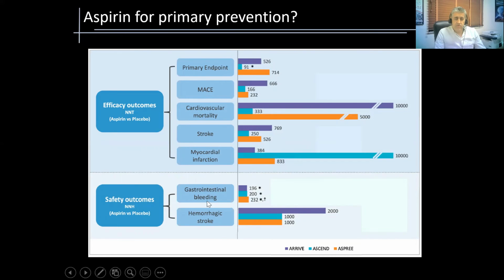On the other hand, with regard to safety outcomes, you see that especially for the outcome of gastrointestinal bleeding, there was significant risk, high risk with aspirin, with a number needed to harm around 200. So we see again with another graph that those 3 important trials didn't show any strong beneficial effect in favor of aspirin. On the other hand, they showed this moderate effect of harm with aspirin, especially in terms of gastrointestinal